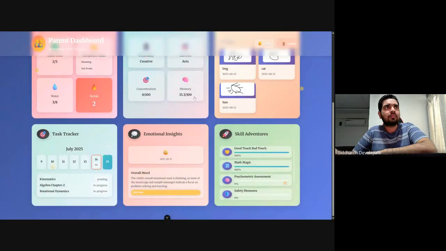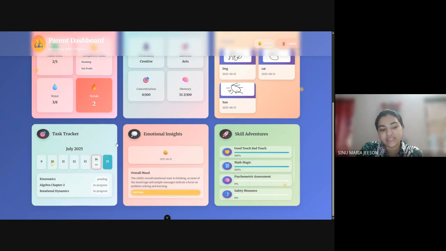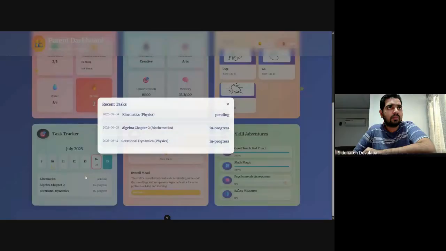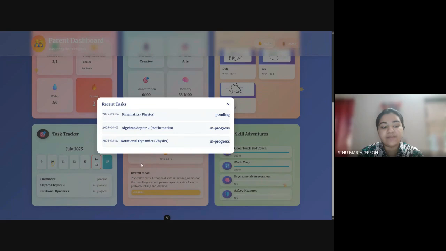And coming to one of the main functionalities, which is the task tracker. Basically, we are giving an overview of the week. Here you can see it is from July 9 to July 15, basically a week. In the days, you can see how many tasks out of those assigned are completed. So on the 14th, there is only one task assigned. He doesn't complete anything. So it will be updated each day for the particular week. And if we click on